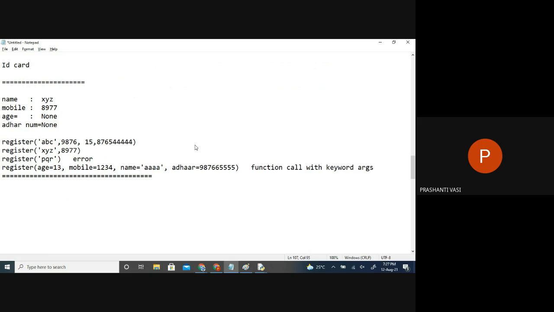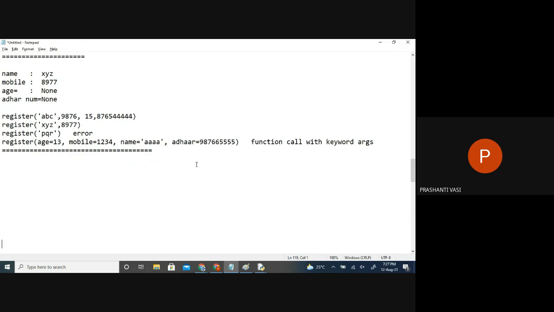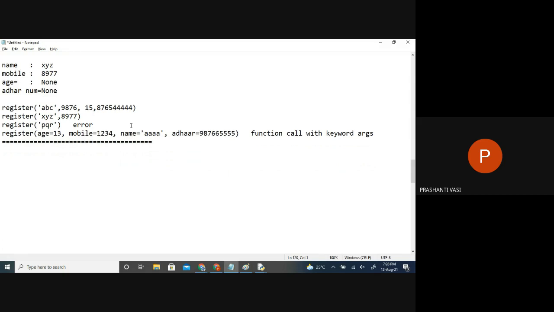So we wanted four arguments, but did I pass them in the correct order or jumbled order? Jumbled order. But what did we supply here? The keywords. The same keywords we have used in the definition of the function, so it will take them, right? Any confusion? Yes, it will take it now. It's up to you. See, the four are not mandatory. What are the mandatory arguments? Two. A name and a mobile number are mandatory. The rest are all optional here. You may fill in that data or you may not, right? Any confusion?